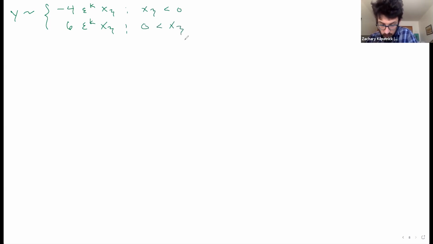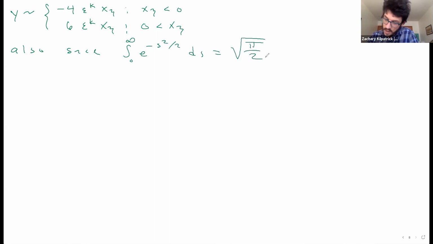And also, since the integral from 0 to infinity of e to the minus s squared over 2 ds is equal to the square root of pi over 2,